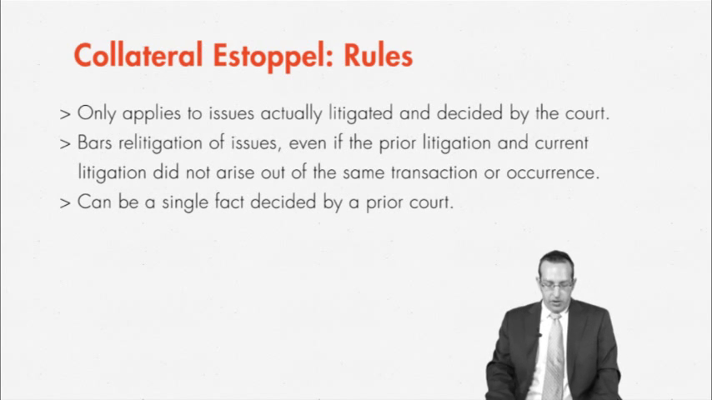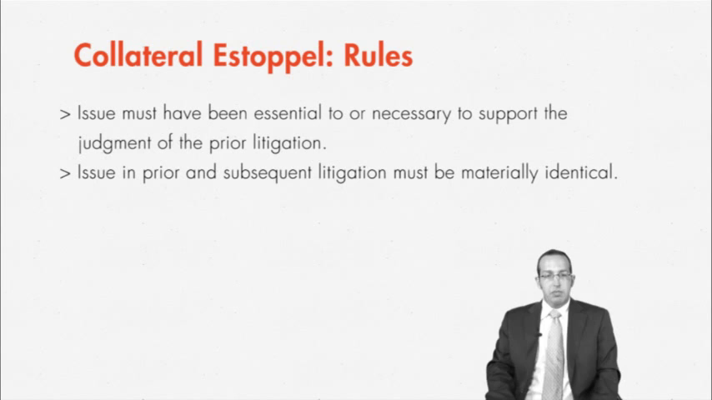Now, the issue in collateral estoppel need not be a claim or affirmative defense. It can be, and often is, a single fact decided by a prior court. However, in order for collateral estoppel to be applicable, the issue must have been essential to or necessary to support the judgment in the prior litigation. If the issue was simply an auxiliary point that the litigants might not have spent a lot of time or energy on, knowing that it wasn't really that important in the prior litigation, or was not implicated by the prior judgment, perhaps even if they thought maybe it was important, but it wasn't compelled by the prior judgment,